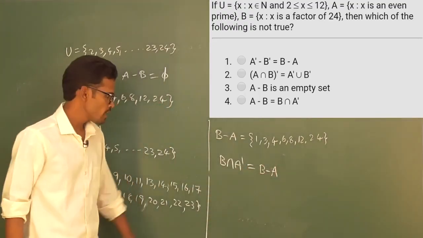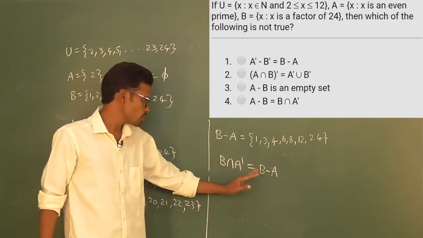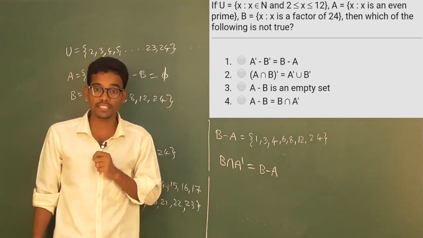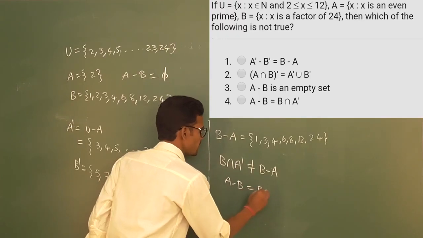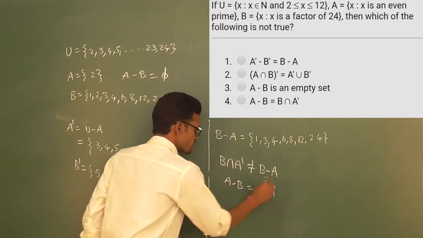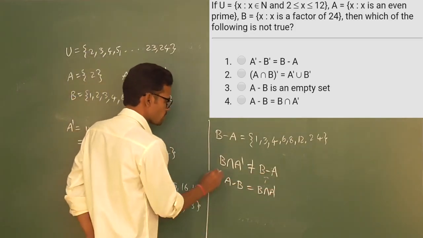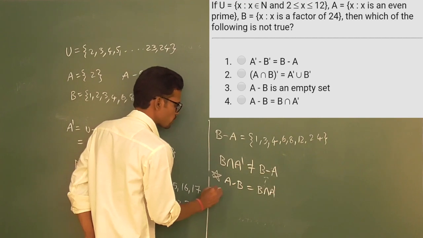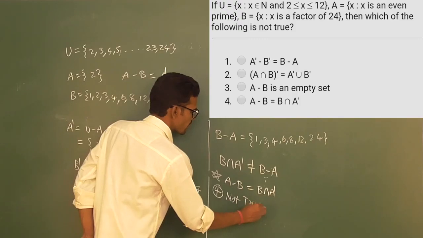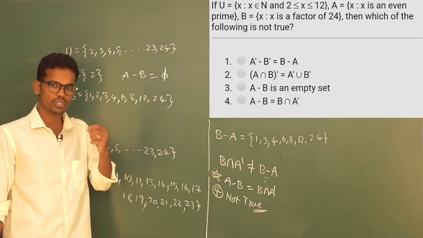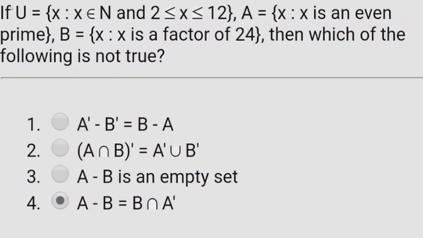Correct. Something intersection dash, the dash part will go in the minus. So obviously it has to be B minus A, but what have they given? A minus B. So A minus B they have given as B intersection A dash, which is this. That means they are telling A minus B is equal to B minus A, which is wrong, isn't it? So without calculation we can say that the fourth option is wrong, which is the not true one. So our answer is going to be, once you find that 1, 2, 3 are true and the fourth option is wrong, option number 4.